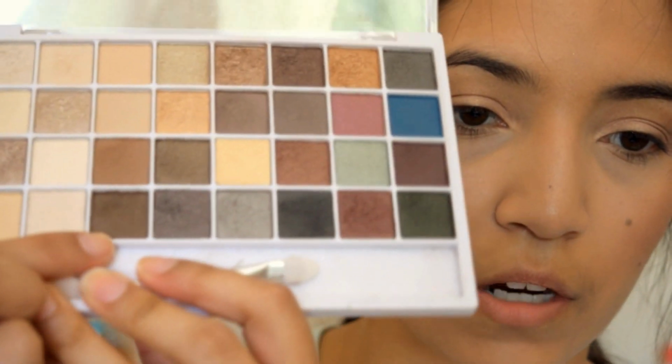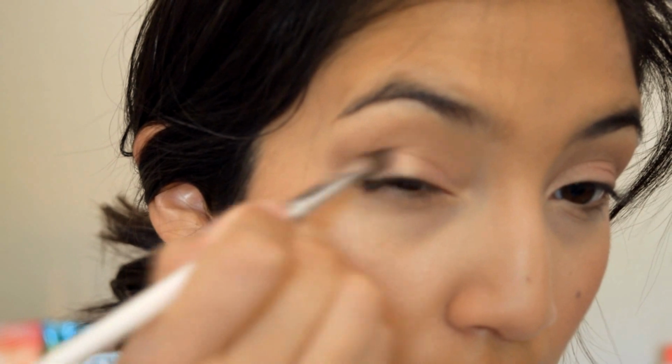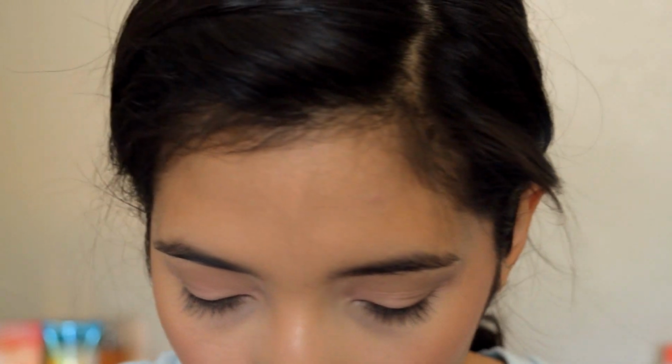And I'm going to take this darker matte color, just so we're not having so much sparkle. I'm just going to use the same brush, and I'm going to put it on the outer corner, just to kind of deepen up that corner. And then I'm going to